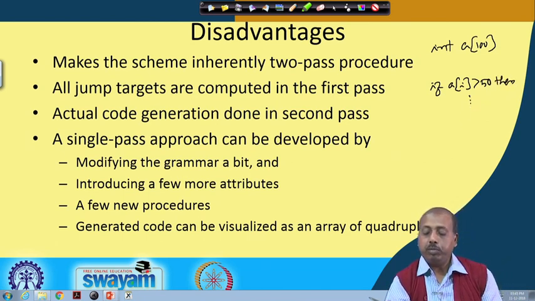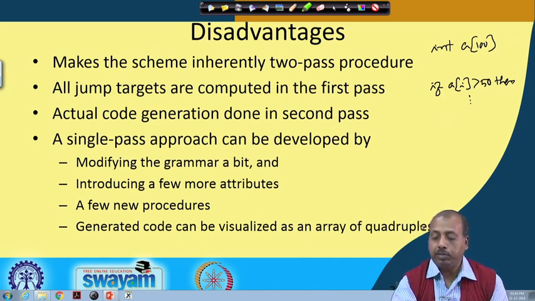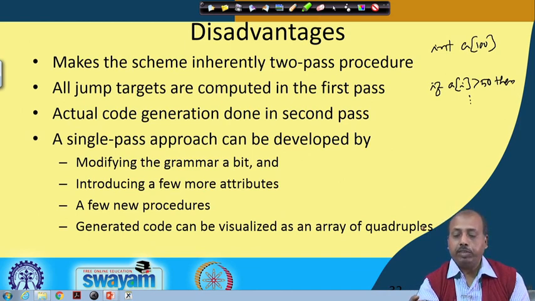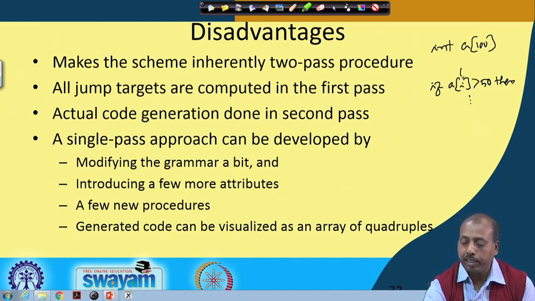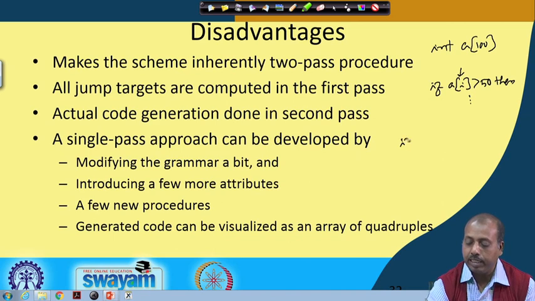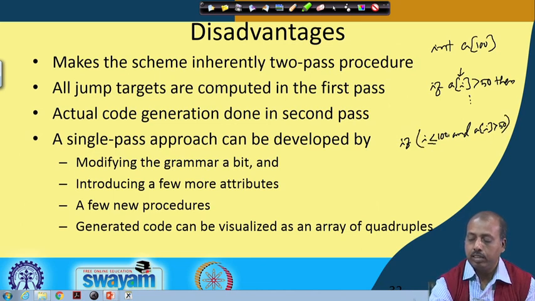Now, one problem with this type of situation is that if this index i itself has become more than 100, the value of the expression i itself is more than 100, then whenever I am trying to do this a[i] access, this can generate some violation of condition. So, there is some runtime error that may occur. So, it is a safe practice that we write like this: if i less than or equal to 100 and a[i] greater than 50, then